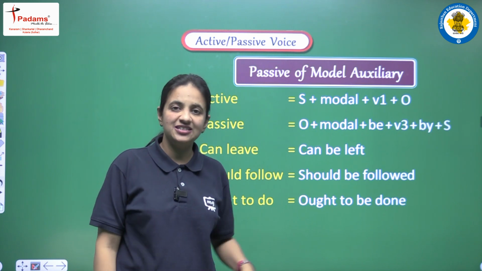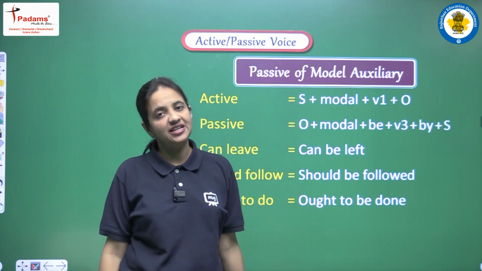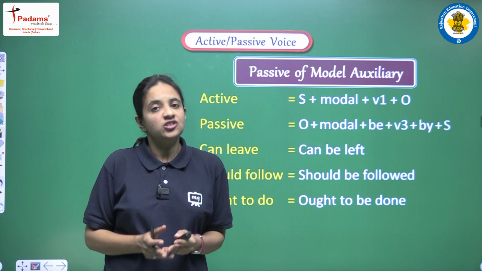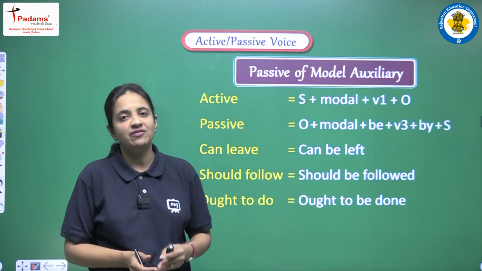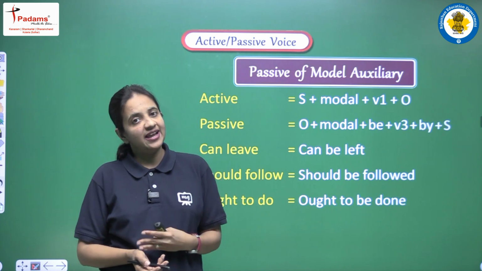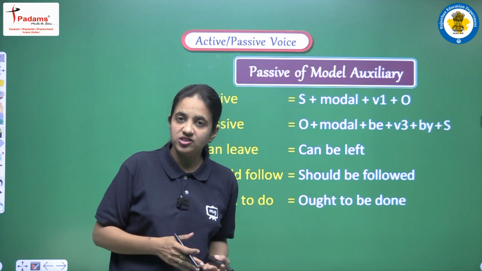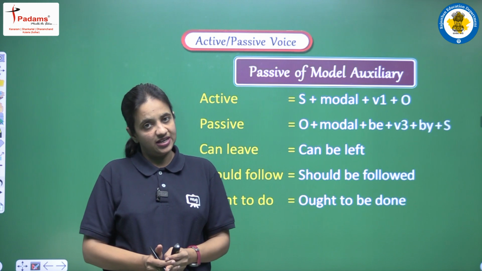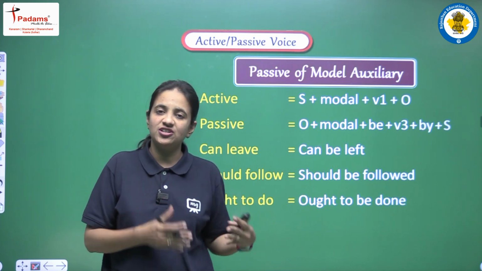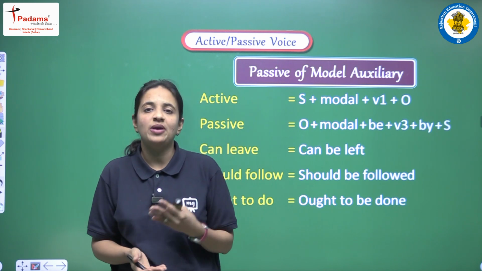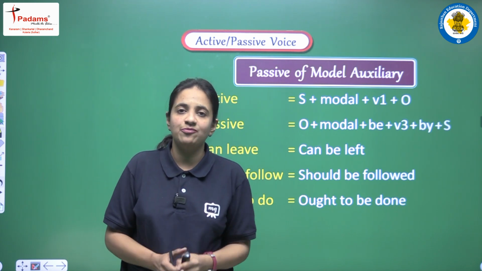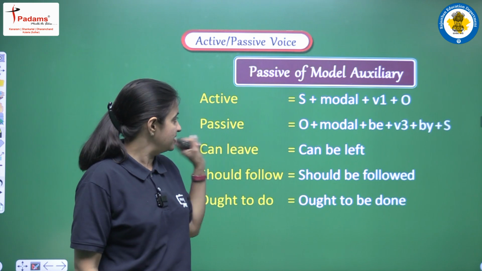Next we are having passive of modal auxiliaries. So yes, we have discussed this topic, modal auxiliaries. We have seen that we are having certain modals. So in our active voice we can have a sentence in which we are having some modal. At that time, we can change such a sentence also into passive voice. So we have to remember the structure of how we can change a sentence of active voice into passive voice when there is any type of modal in the sentence. So let's see the structure.